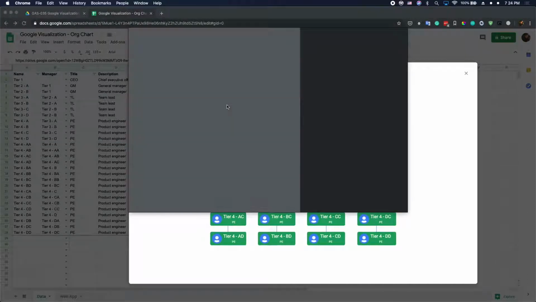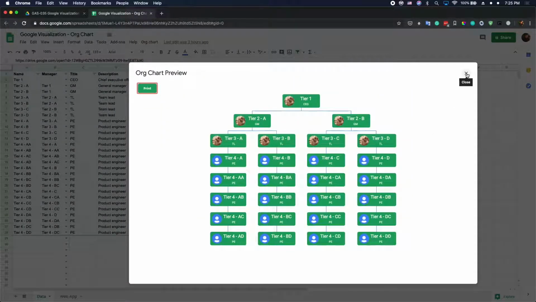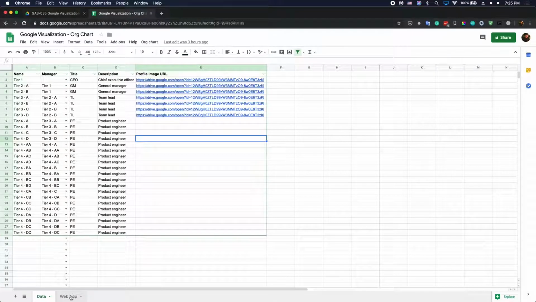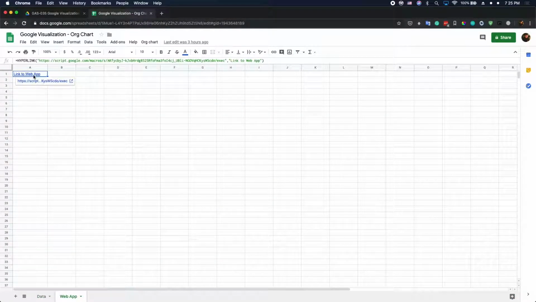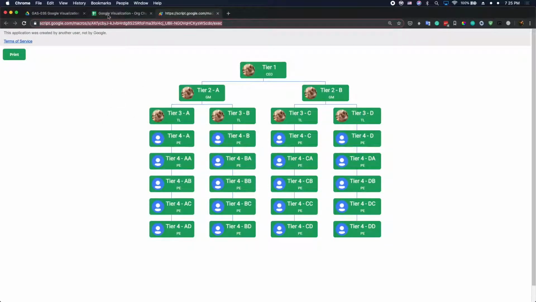Also, you can print this chart and save it as PDF. Okay, just like this. All right. And also you can publish this script as a web link, as a web application, so you can use this web application in your website. Okay, so it's very similar. It's just shown in here. It is the same thing, I think. Okay,